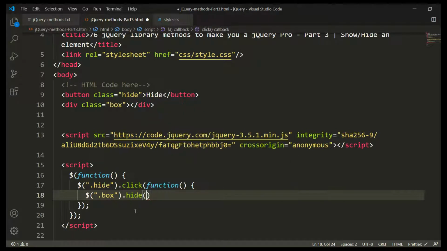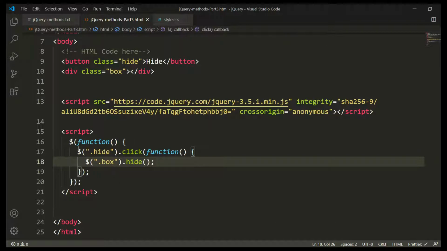I am simply going to hide the div tag. Let's see how it works.